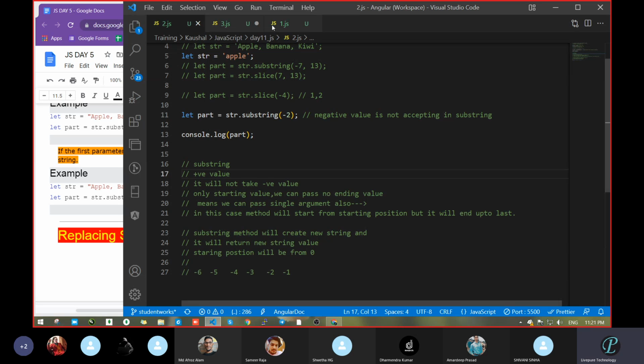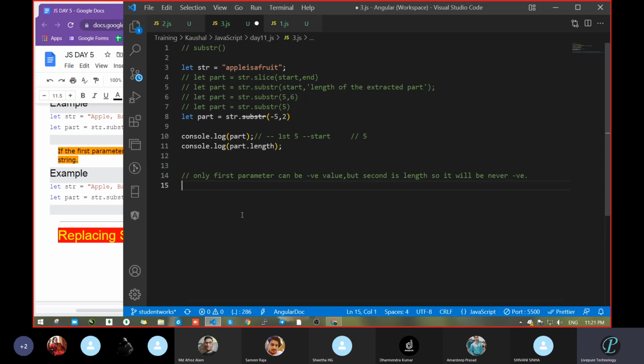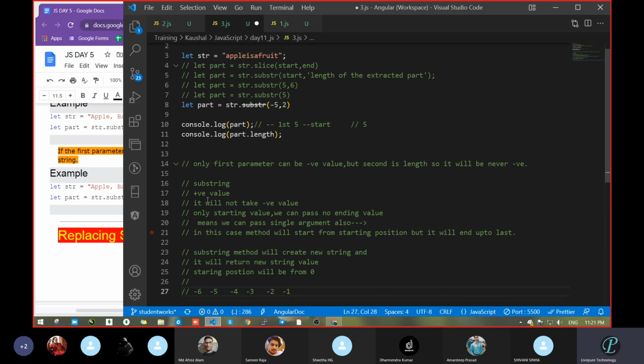So that's the second. What about the third? This is substr. Substr will take a positive value. Yes, correct. It will take a negative value. Yes, but at some condition, only with the first argument.